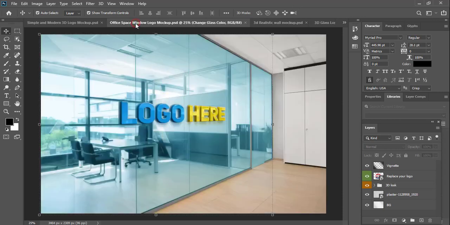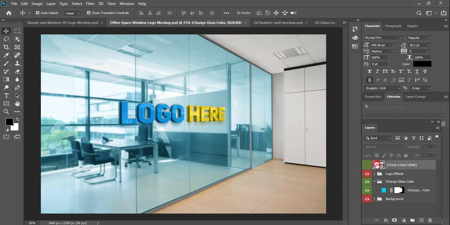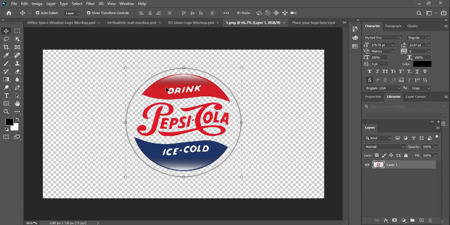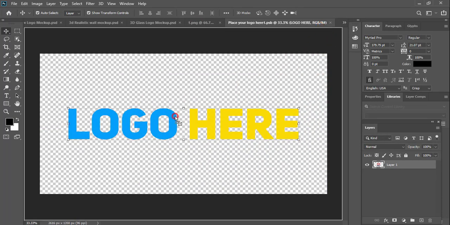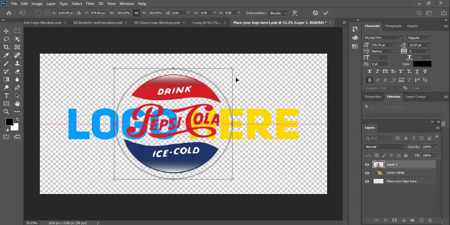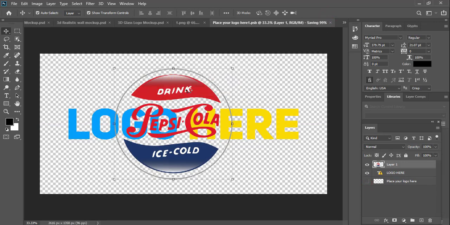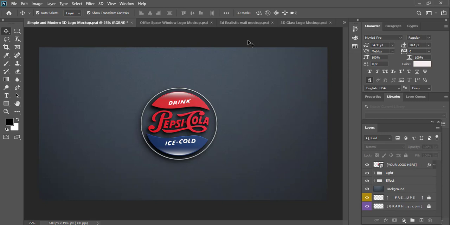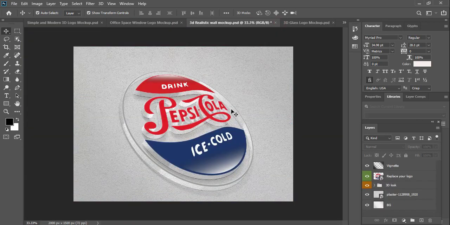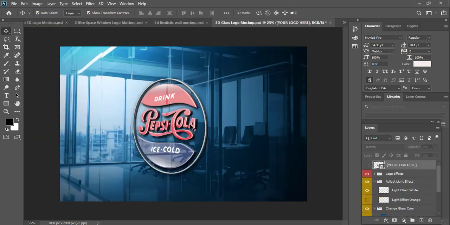And now let's check how it looks if I apply the logo to this one. I'll drag our logo to this new tab of the mockup, drag it again, place it here, mark it, unmark the background, close the tab. Yes. So this is one look you can see here. This is another look of another mockup. Here is another kind of look, and here is another kind of look. All of them look very attractive.